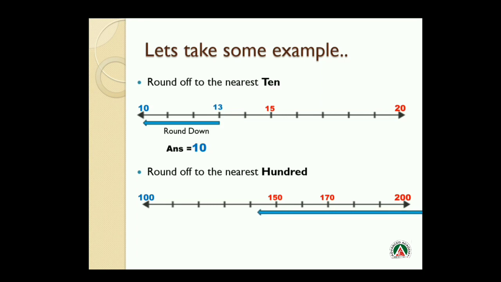First we will call those the round down arrow and round up arrow, and just see which limit it is closer to. It's close to round up. So this 170 will round up to the nearest 100, and the nearest 100 is what? 200. So its answer is 200. When we round off 170 to the nearest 100, the answer will be 200.